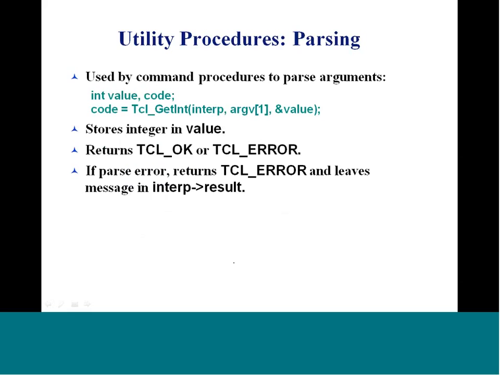So utility parsing is essentially command procedures to parse arguments. Here is one type, integer: code equals Tcl_GetInt with the interpreter, argv[1], and value. It stores integer values and returns TCL_OK or TCL_ERROR, and if there is a parse error then